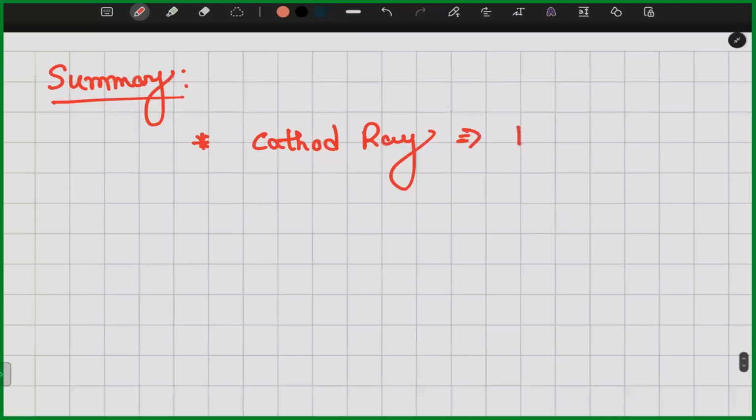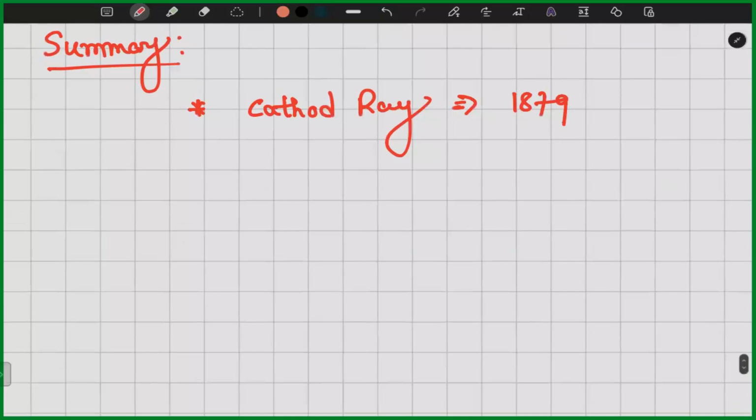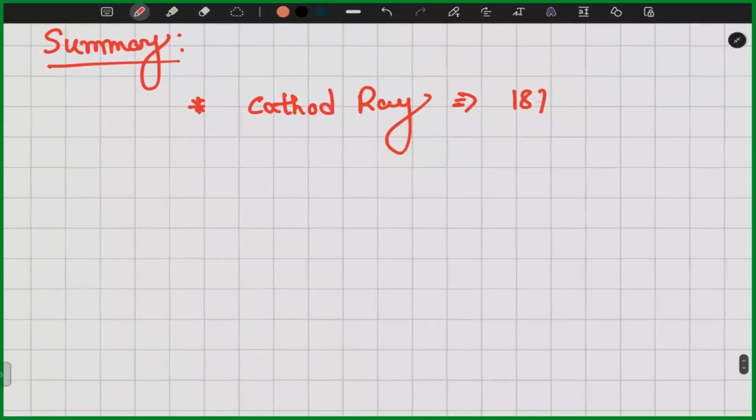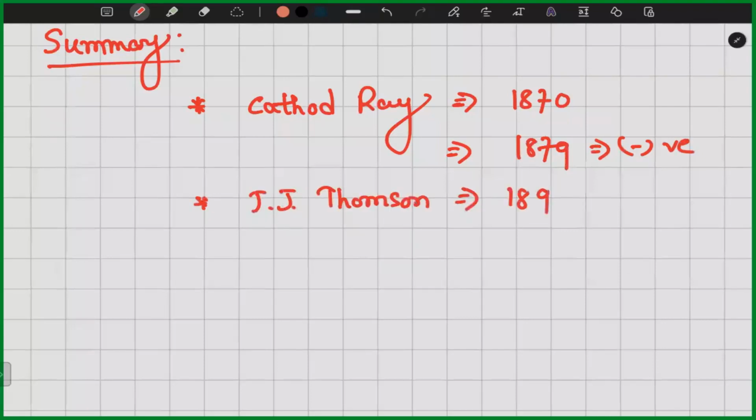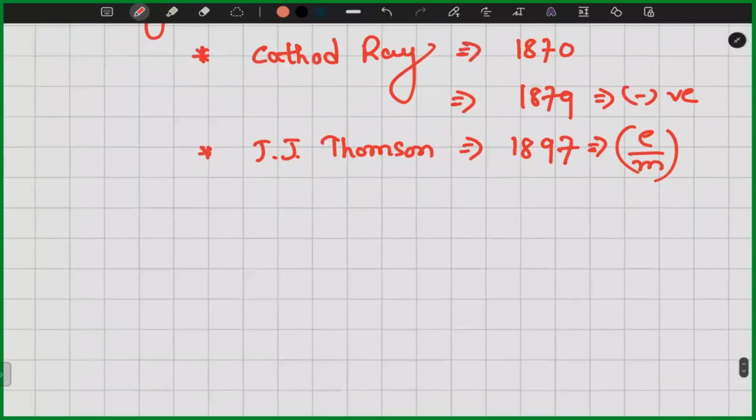First, cathode rays. What is the cathode ray? Cathode ray is the flow of some negatively charged particles. In 1879, it was identified that it is a flow of negatively charged particles. And J. J. Thomson, in 1897, through that experiment we discussed, discovered the e/m ratio, and this particle was named